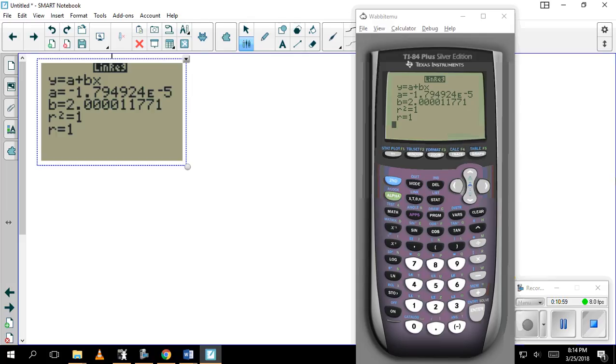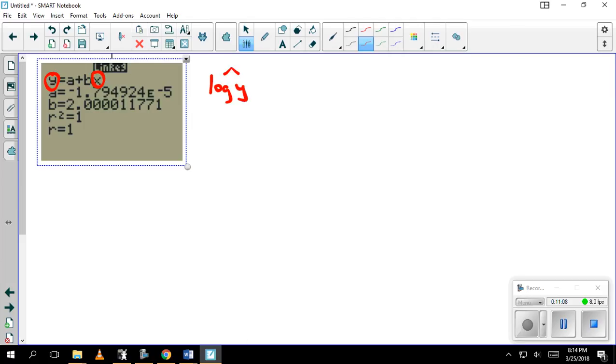All right, so when my calculator told me that, this value and this value are really logs. So really what I've got is the log of y equals a plus b log of x. And I'm going to take those a's and b's and stick them in here. And then I'm going to take anti-logs and get rid of those logs and try to solve this for y hat. So what I have is the log of y hat equals